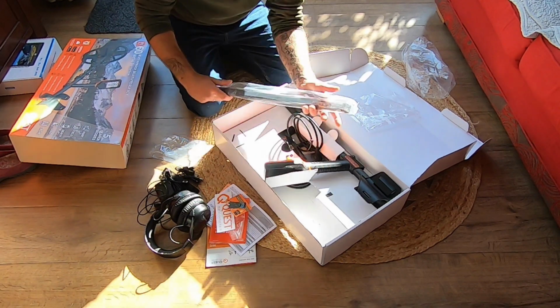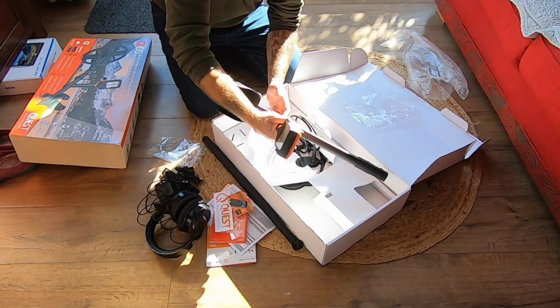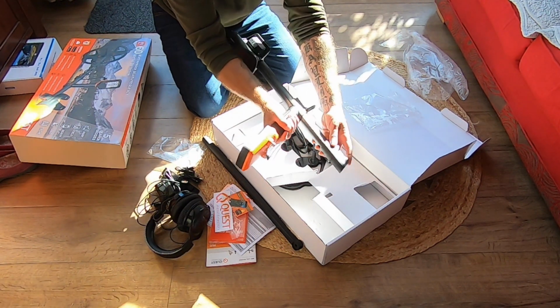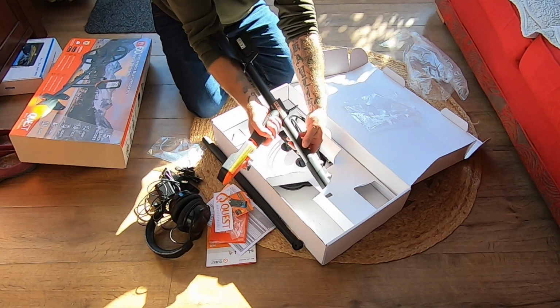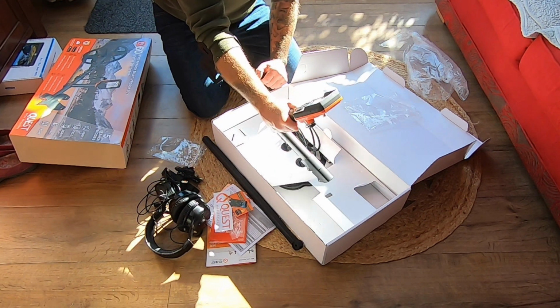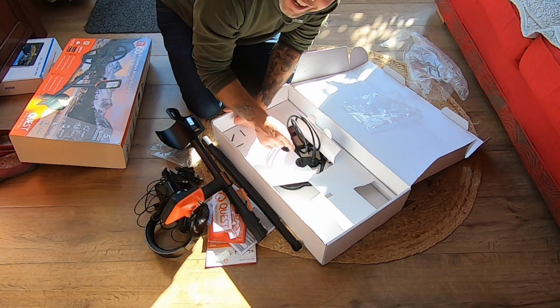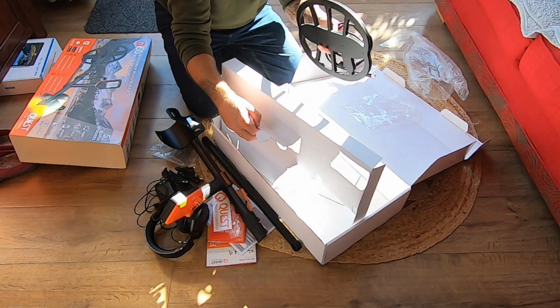There's your stamp. There's the Quest. I just noticed that. That's quick release. Oh, that's handy, isn't it? I like that. We'll go through this in a minute though when I get it all out and put it together. Okay, and then we've got a new coil in here, a new type, which I've heard,